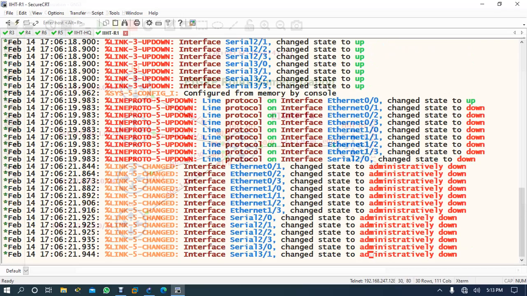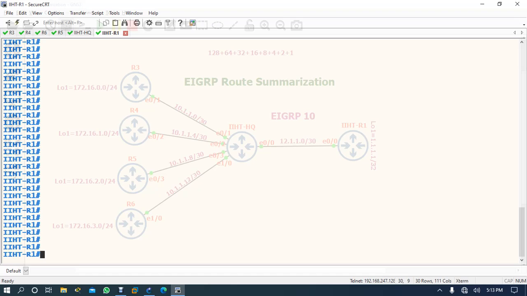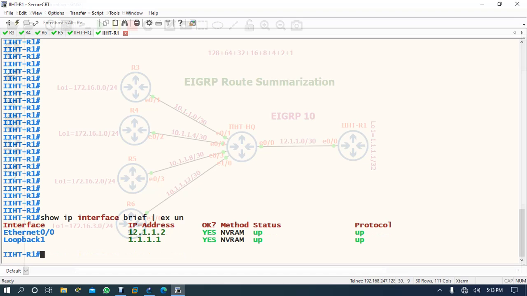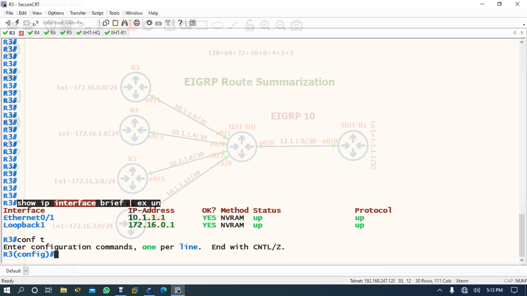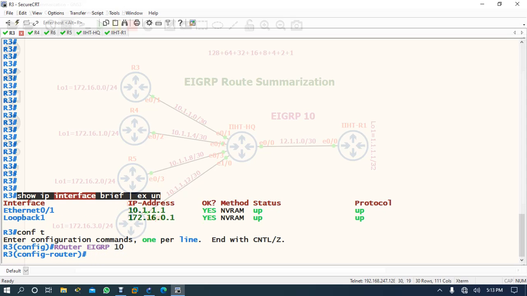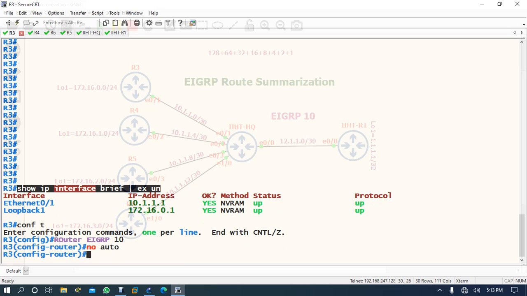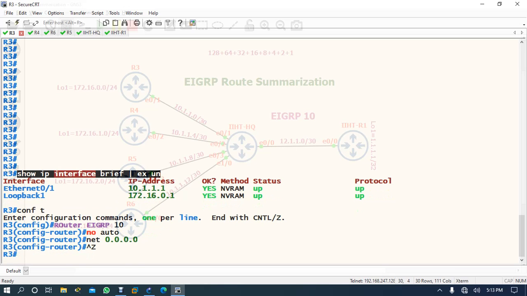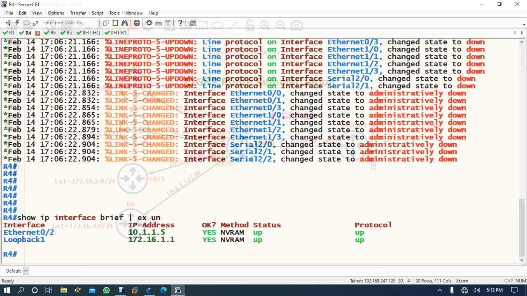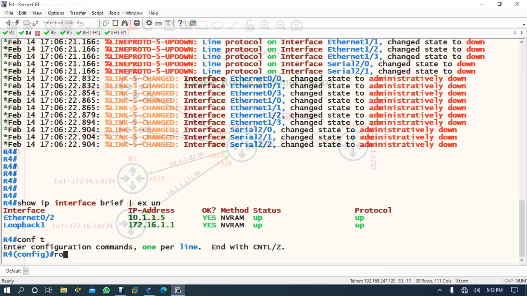Now come to the branch router, just verify. Yes, IP is configured, no problem. Now we have to run EIGRP routing, so we'll just go router EIGRP 10, no auto-summary, network. So we are just enabling EIGRP routing.